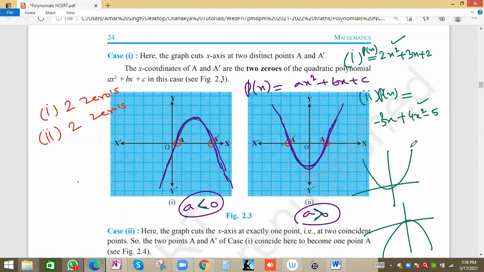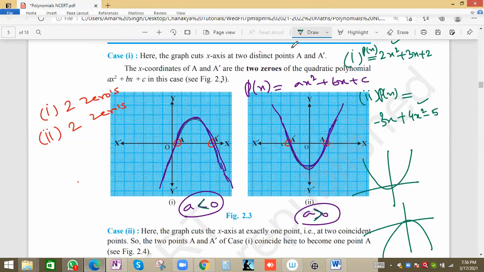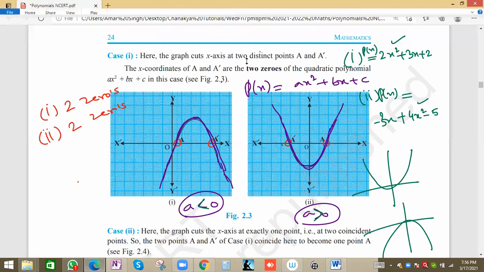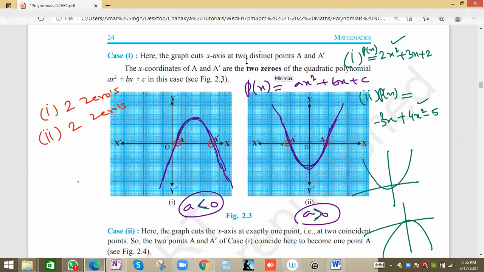So p(x) is given. By observing p(x), we have to tell whether the graph will open in the upward direction or the downward direction. First one upward, second one downward. Okay, Pratibha. Tushar is also correct, upward then downward, right? So I got the answer from Pratibha and Tushar. Others can also try, or you can write IDK, I don't know. It is very important to admit that I don't know. Okay, Tanjla.